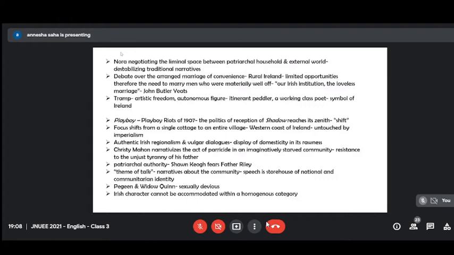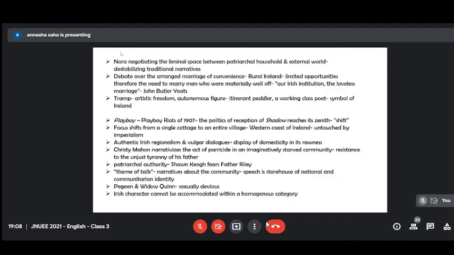And once again, within Irish plays, in fact, the figure of the tramp becomes very important. A tramp is basically an aimless wanderer who travels on foot from one county to another, visiting several villages. He stays in some village one night, and the next night he goes to another village. So he is always out on the road. But the figure of the tramp symbolizes for Irish nationalists a sense of autonomy. The tramp is often also associated with the figure of the poet, the figure of the artist,